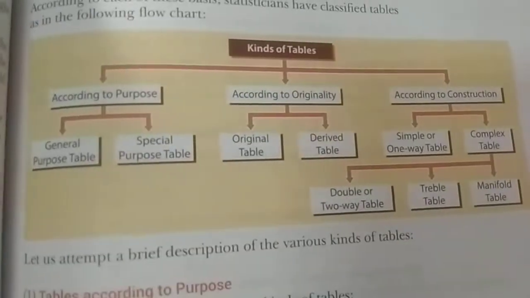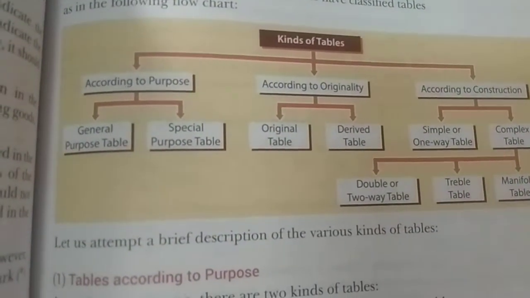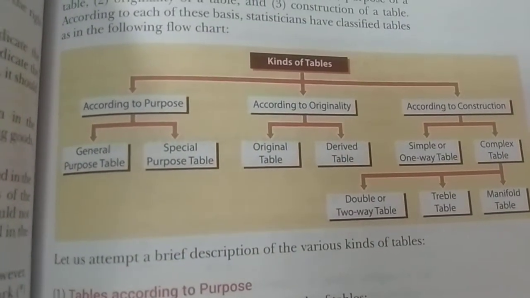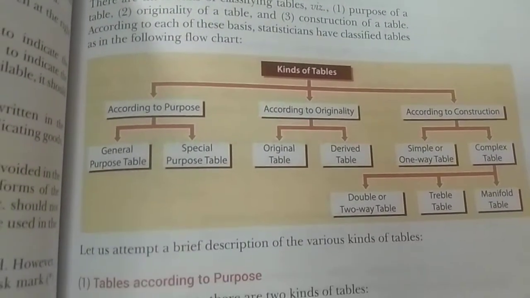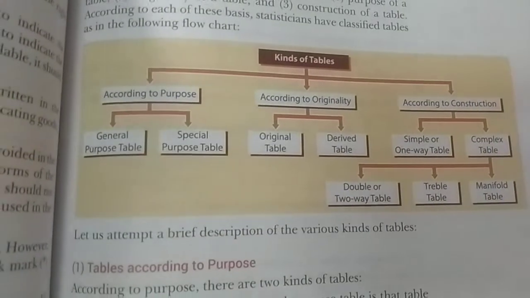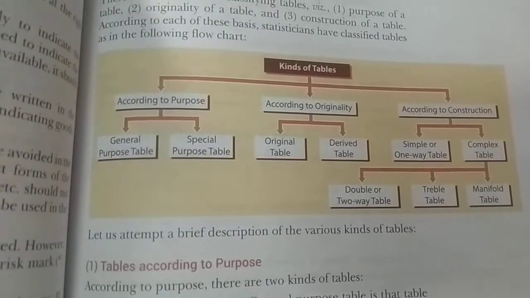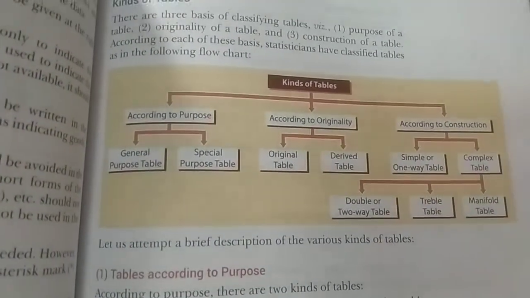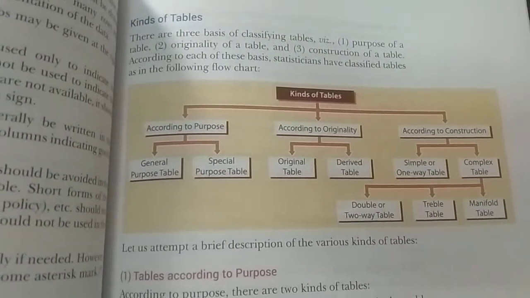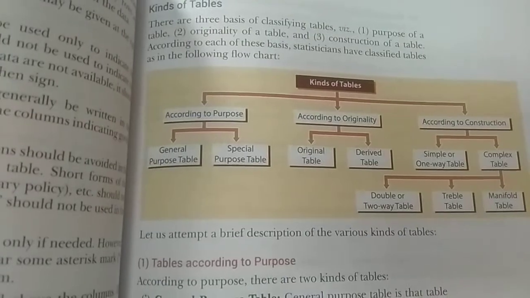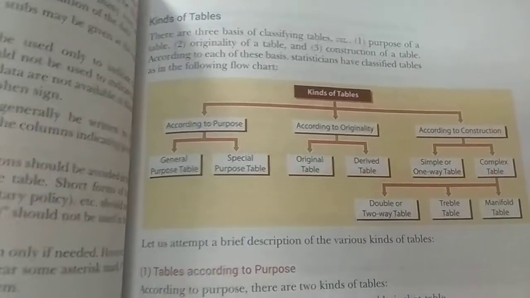According to purpose, there are two types of table: general purpose table and specific purpose table. A general purpose table is also called the data bank. It contains all the information. Suppose we are discussing a commercial bank. If we are discussing the number of account holders, then all the data regarding all the account holders would be the general purpose data. For special purpose data, if I ask about the saving account holders, then that should be prepared separately.